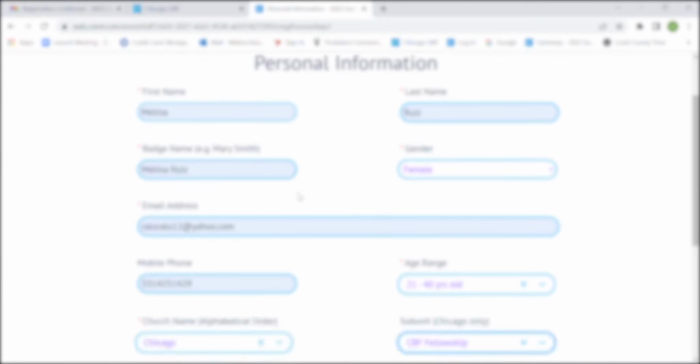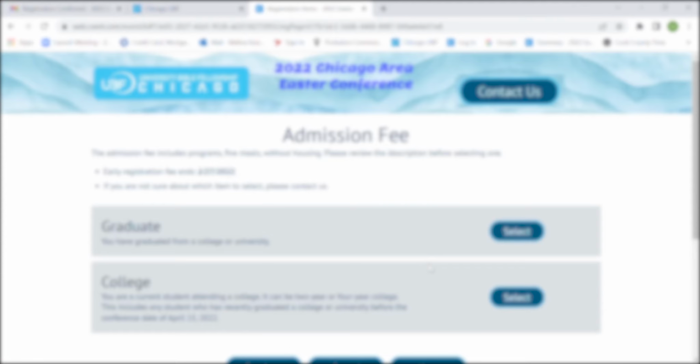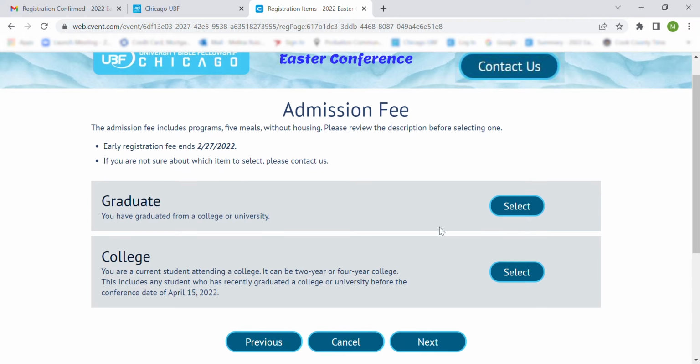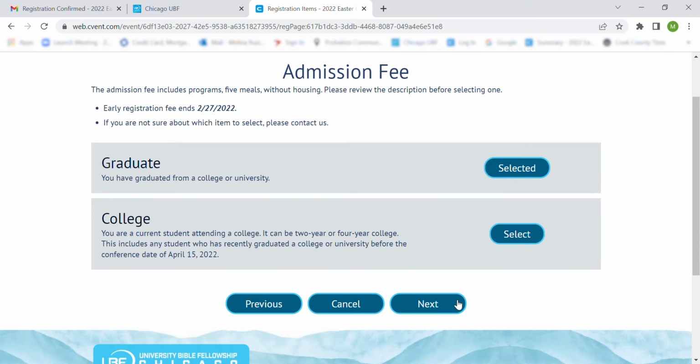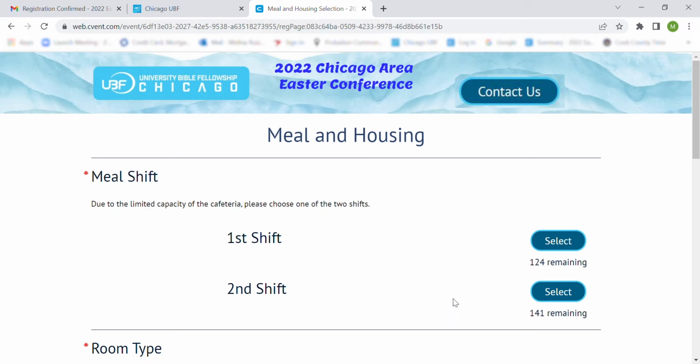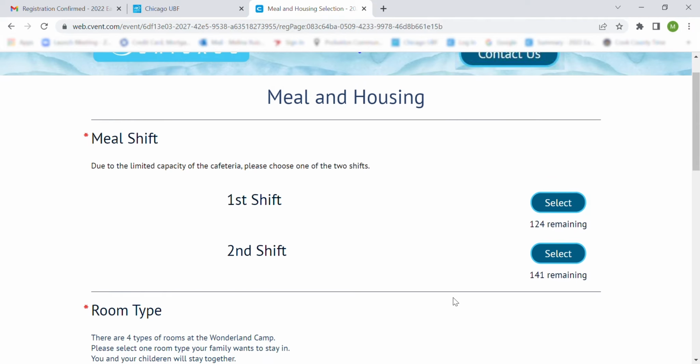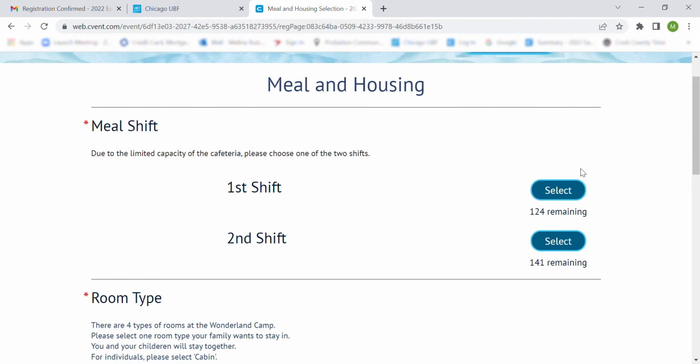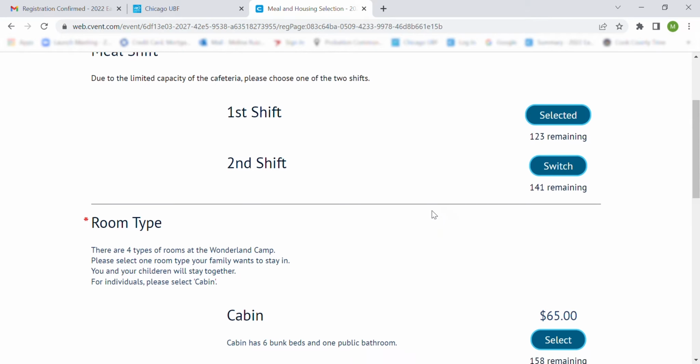Alright, I filled it out. I'm going to press next. Alright, so most of us are going to be graduates. So I'm going to click on this, selected. Next. I'm going to click on a meal shift. It really doesn't matter which one you pick. You're just going to make sure that your spouse picks the same one, or a Bible student picks the same shift. So I'm just going to click on the first shift,